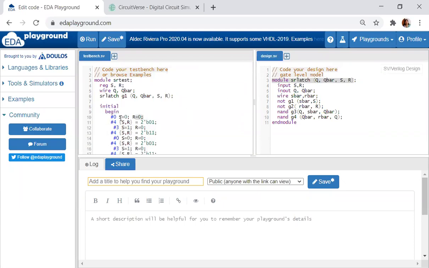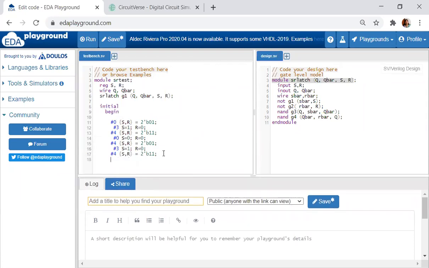In an SR flip-flop, when we're testing, we need not start with the condition S is equal to 0, R is equal to 0, because that gives rise to undefined signals. What is the output according to the truth table for S is 0, R is 0? It will have the previous value. Do we have any previous value here? We don't, because our design has to generate values first. So we'll avoid this state and start from 0, 1. This is the initial block, and let me give end over here.